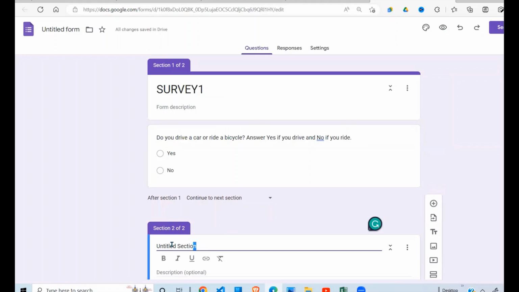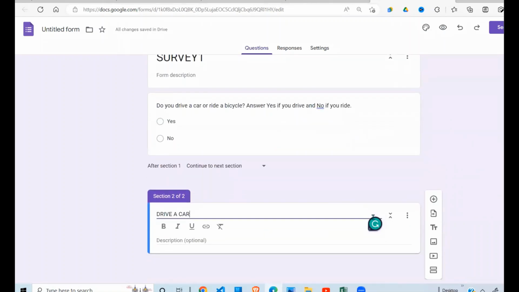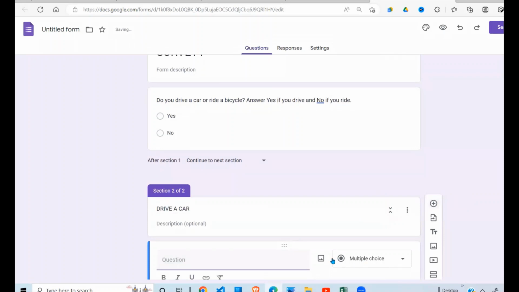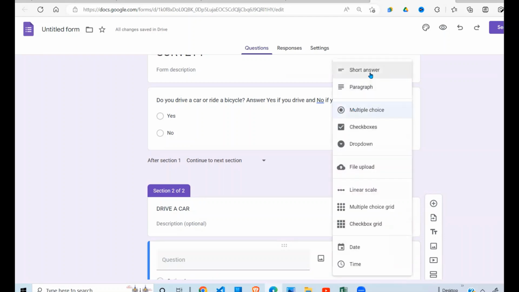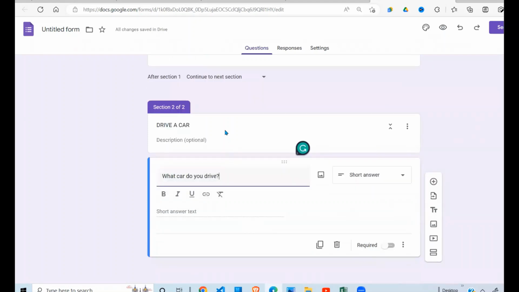The name of the section, I'm going to call it drive a car. Then I need to add a question here, which will have a short answer. And the question will be, what car do you drive? Then I need to add another section